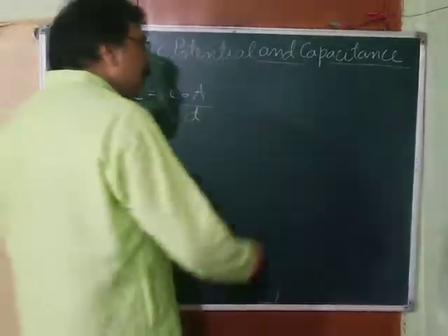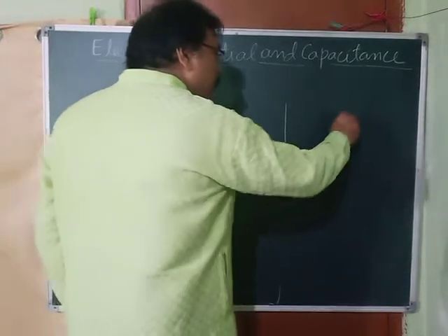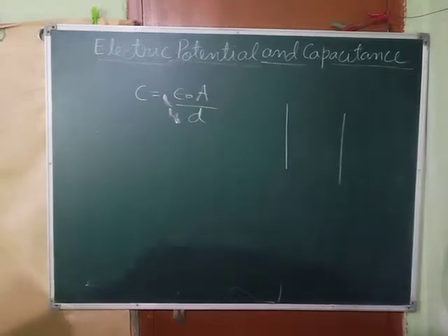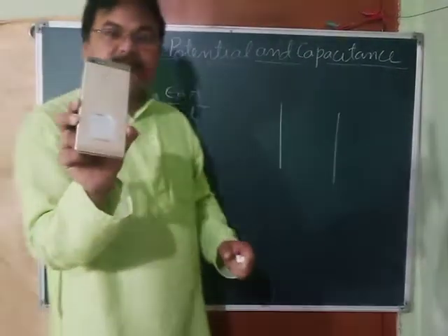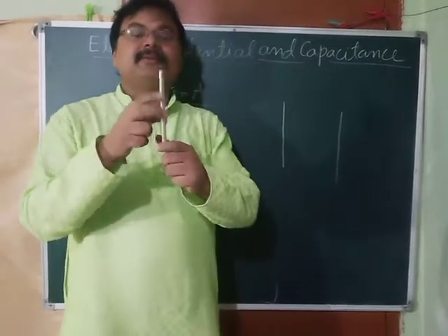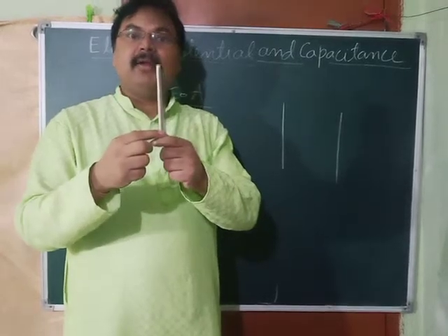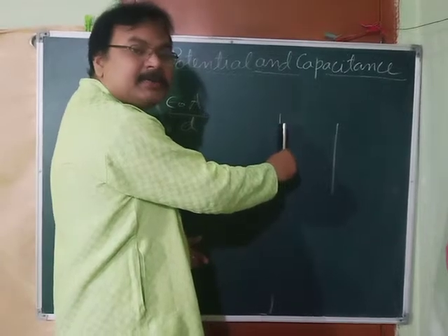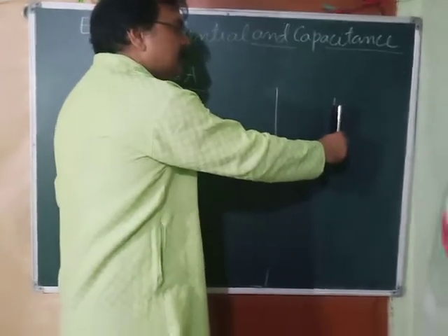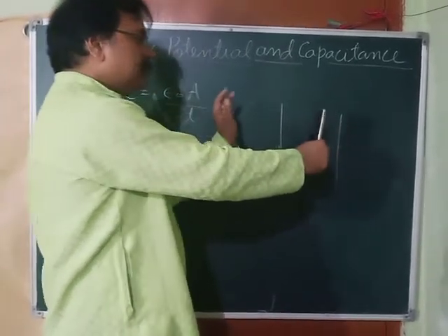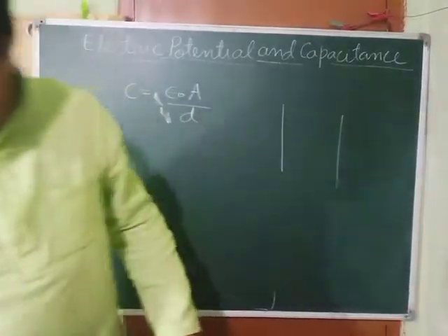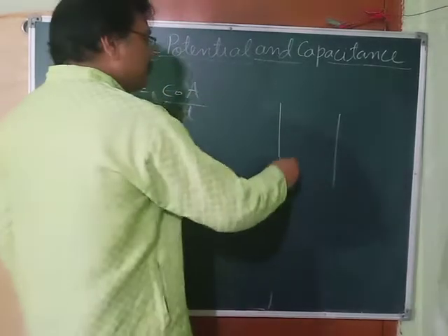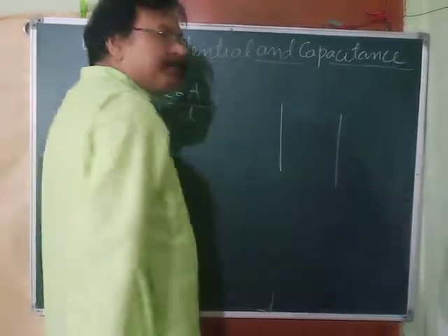But suppose between the plates, actually we will be drawing the plates like this. Why? Because suppose this is the plate, but if you see it from the side, what appears to you? It's like a line. So this is actually a plane, but it appears like a line. This is also a plate, but it appears like a line. So these are two plates which are parallel to each other. Got it?